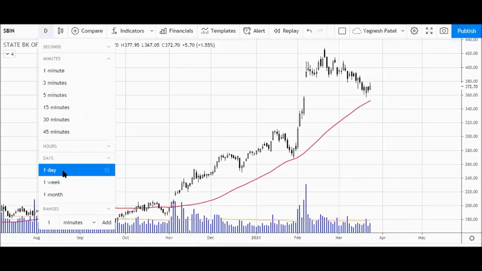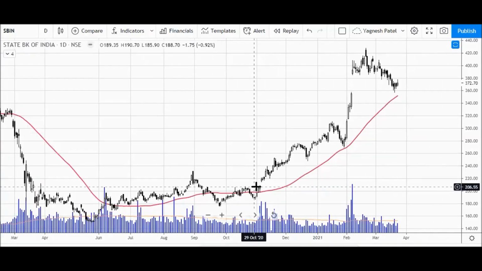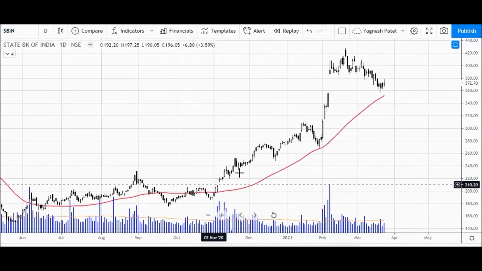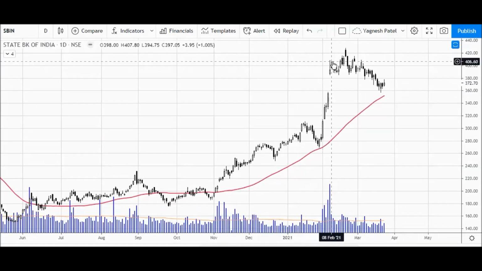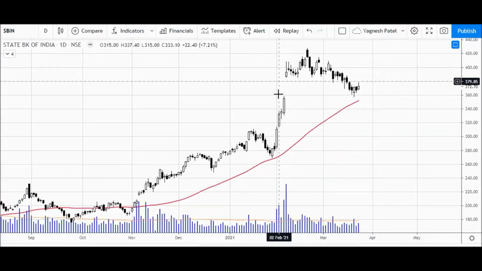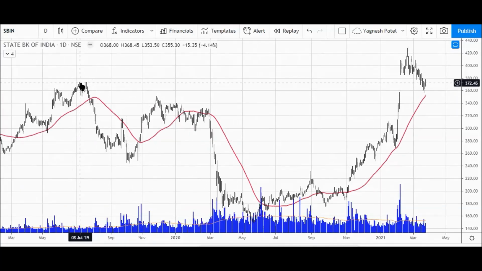This is the SBI daily timeframe spot price chart, and we have seen a good rally from the month of October, and the stock is almost trended. Here is a very good rally. It is a perpendicular rally, very sharp, and then we have seen a good gap up opening here. So basically, this was the area of breakout here.